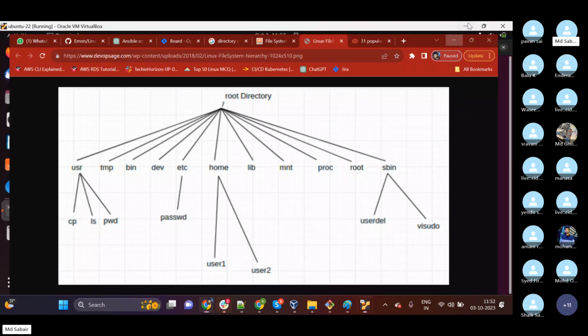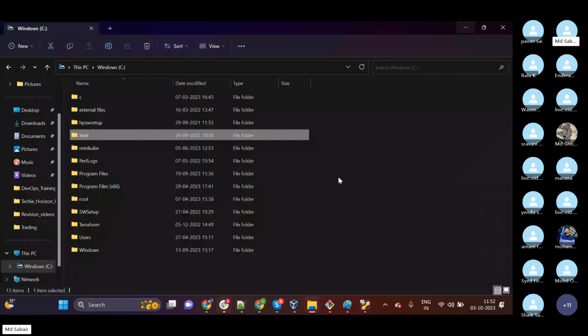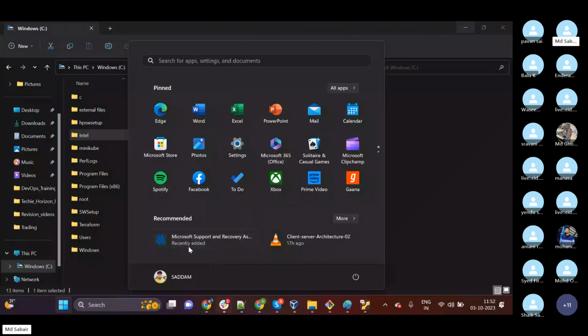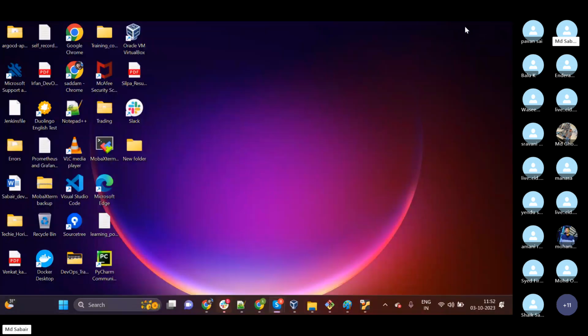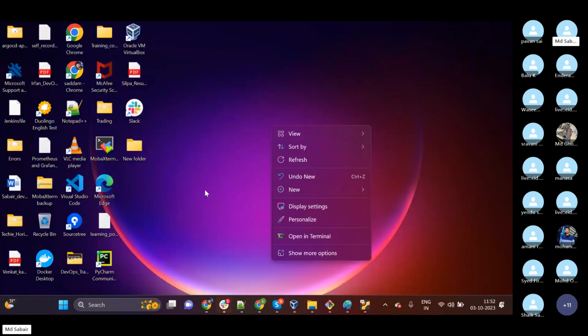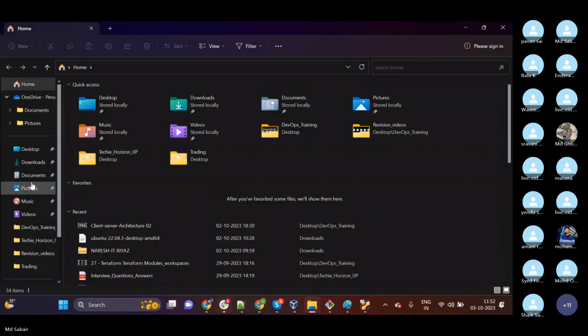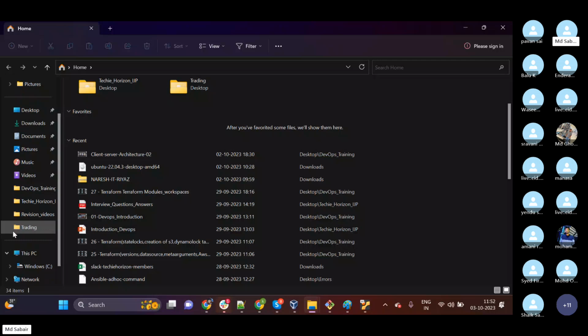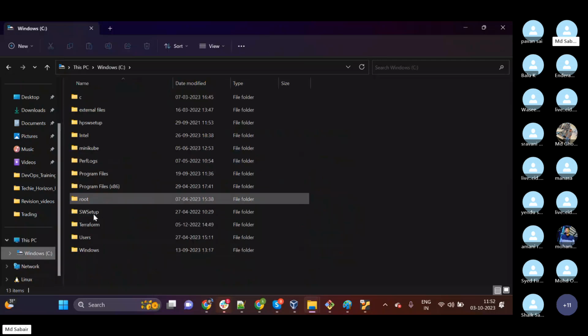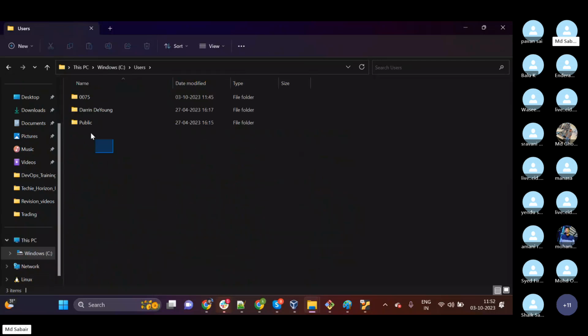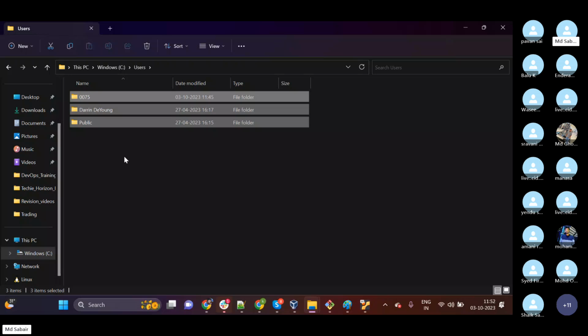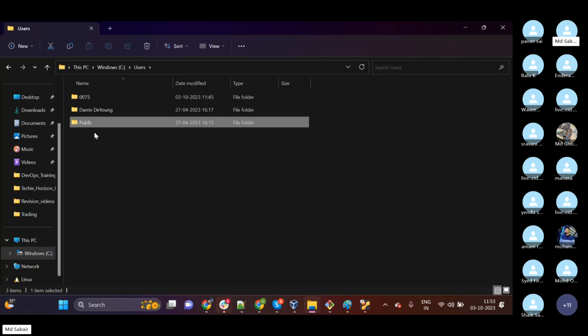Similarly, in Windows, if I open this, my Users, see, these are the three different home directories available in Windows. My username is 0075, and this one is for Public.